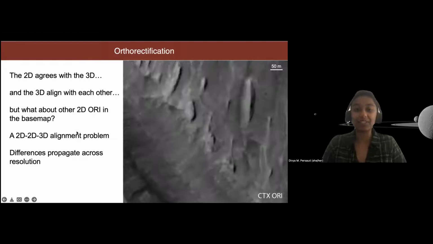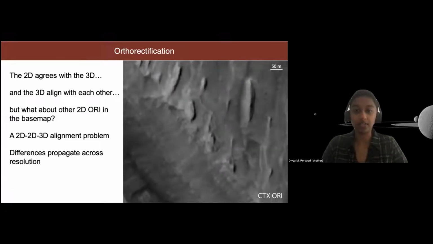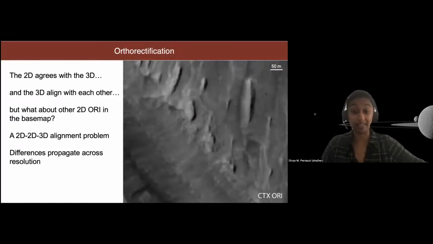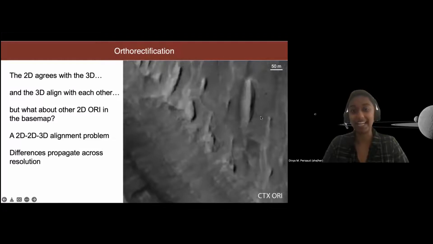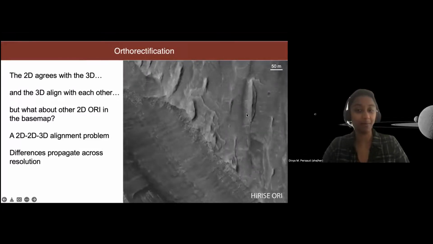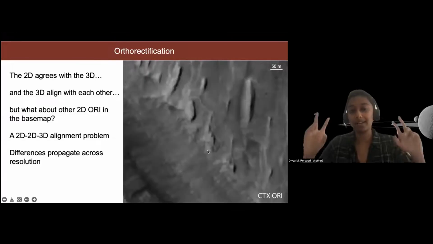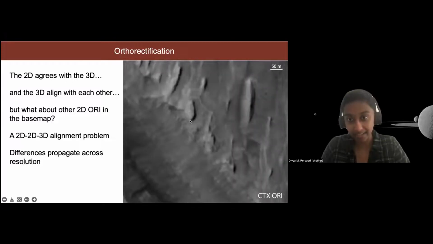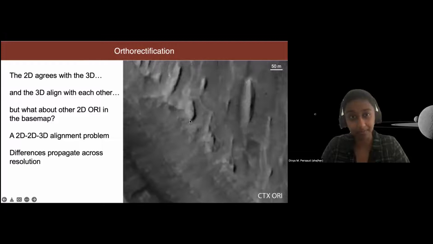So clearly any sort of differences between, say, the 3D models or the 2D and the 3D, whatever it is, propagate across resolution. So you might say, okay, the alignment looks great to my eye, and then suddenly when you are working with a higher resolution thing, it doesn't look so great. So this was a big result from my work: you can align everything as you want, following strict measures, and still when you plop them into the map, what does where become? If I'm trying to point to the little edge of this cliff right here, it moves a lot. I would say that is about 20 meters that it's moving.